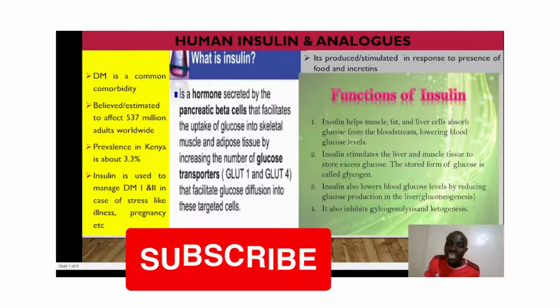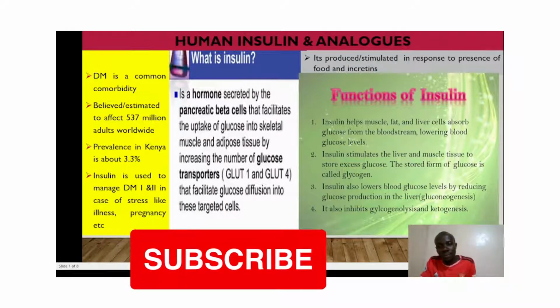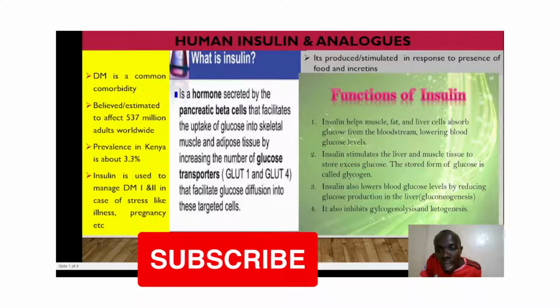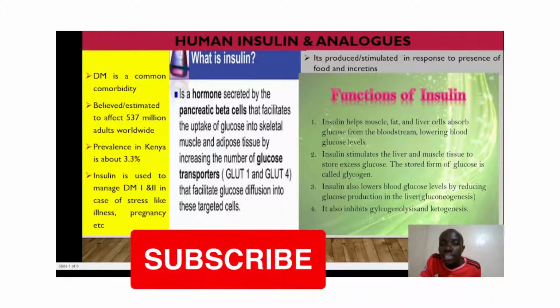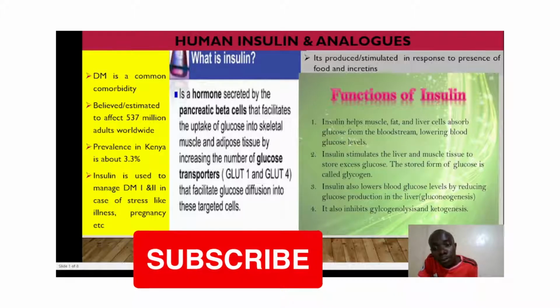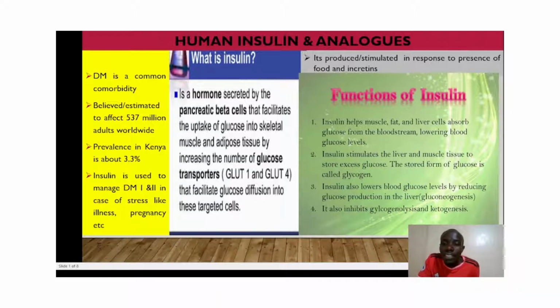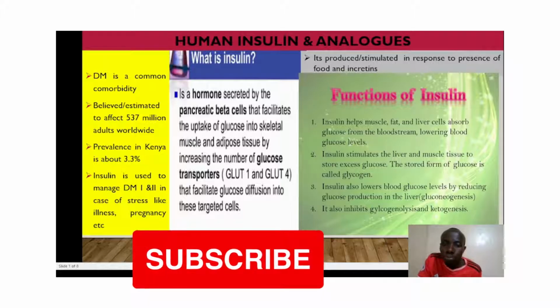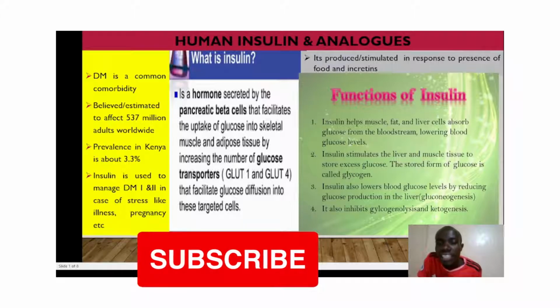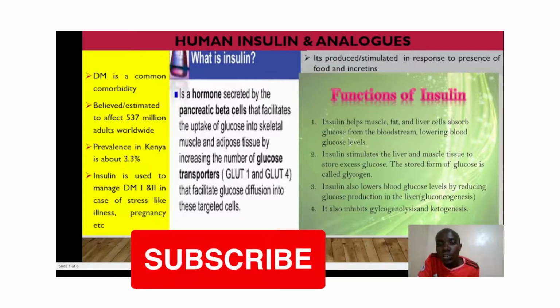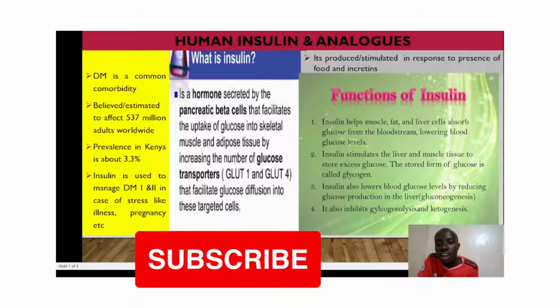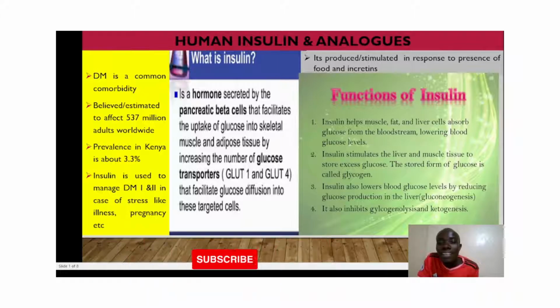So when is insulin produced in the body? It is produced throughout the day, especially in response to food. For those taking breakfast, insulin is being produced. Those taking lunch, again insulin is produced in abundance. When you take supper, again it is produced. But naturally we have what we call incretins, which make the body continuously produce insulin. So whether you are fasting or have not eaten, insulin is being produced in the body.